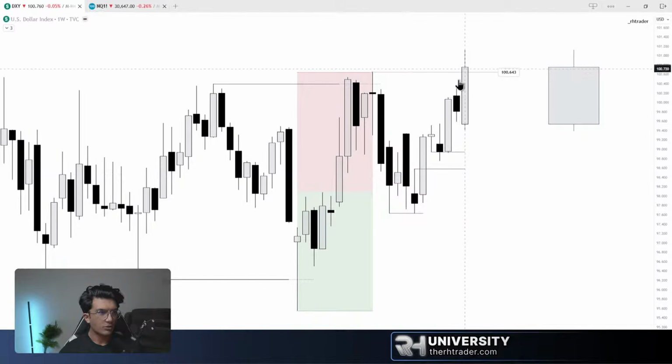Now, talking about where the dollar index will go next, I believe we're probably due for a retracement. After the retracement, we can think about whether price wants to expand higher or push down lower, right? But the first thing that comes to mind is the retracement. But before we get into what price is going to do next, how did I call out this move, right?